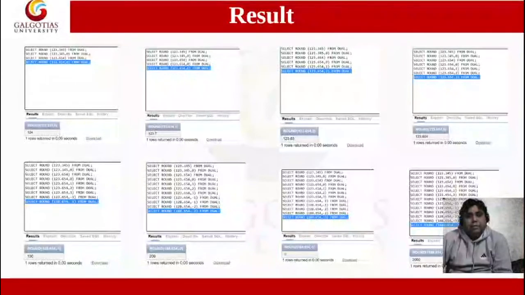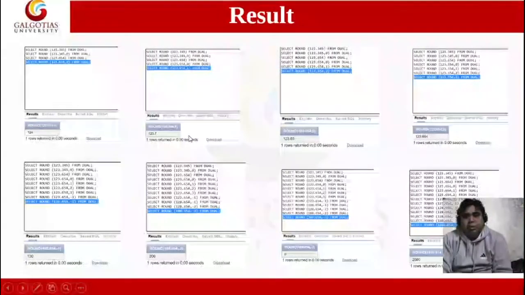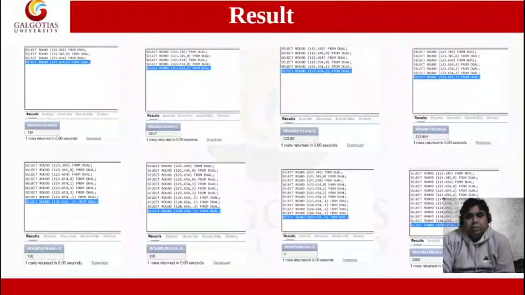But if we round select round 123.6454 from dual, as per the definition, the output will be 124. See here. In the same way, if I round the value 123.7, then the output will again be 124.